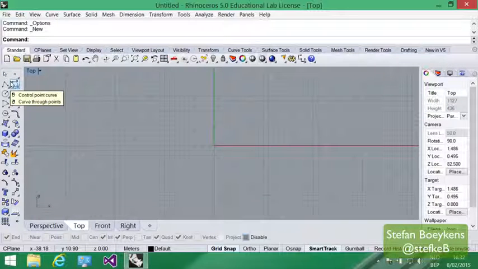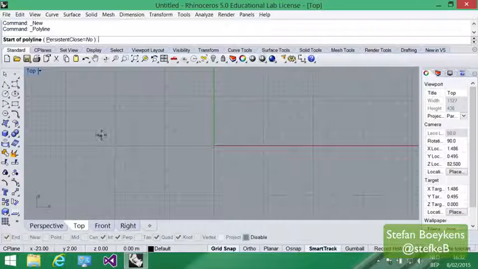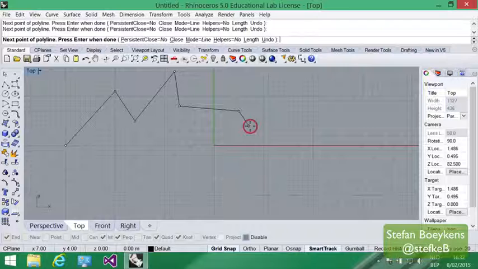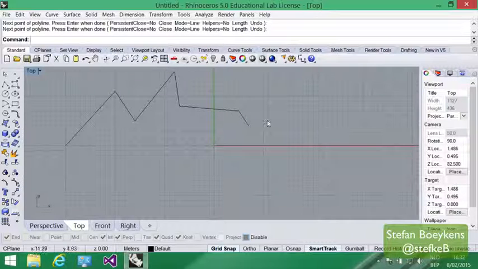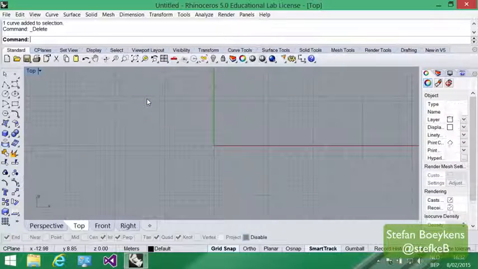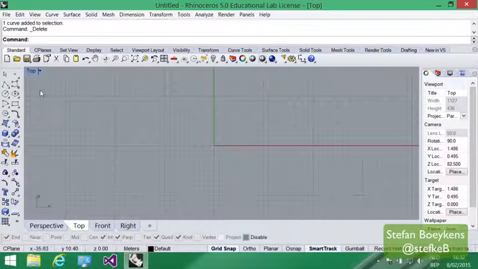Curves can be created from one of the tools at the left side. And let's simply start with straight polyline. Polyline is a line which consists of connected linear segments. So we click, and click a few times. We can press enter to cancel the command. We can also press the select button again to select the whole curve and then press delete to remove the